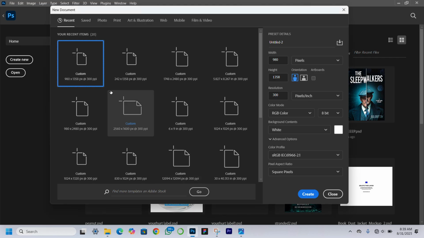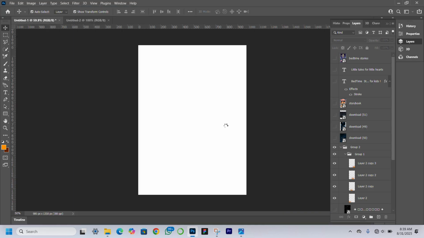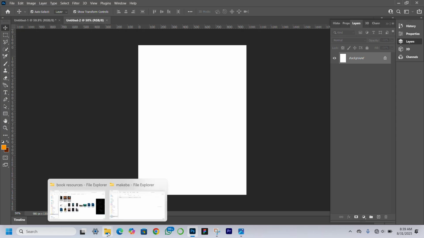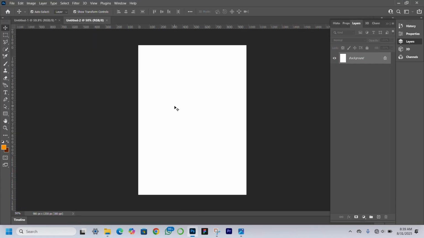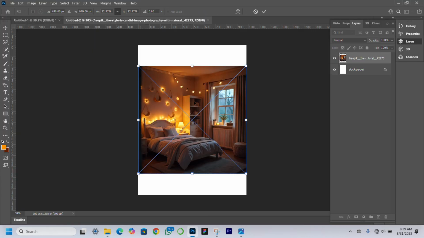So without wasting much of our time, I'm using this 980 by 1358 pixels. So very quickly, I'll click create. Next thing I'm going to do is to import all my resources I'll be using for this design. I have them selected. I drag it in Photoshop like this, and I bring this here,